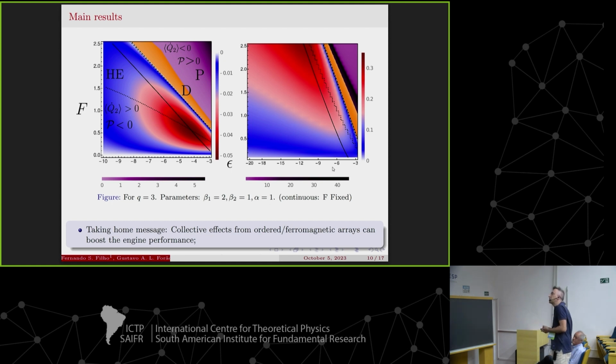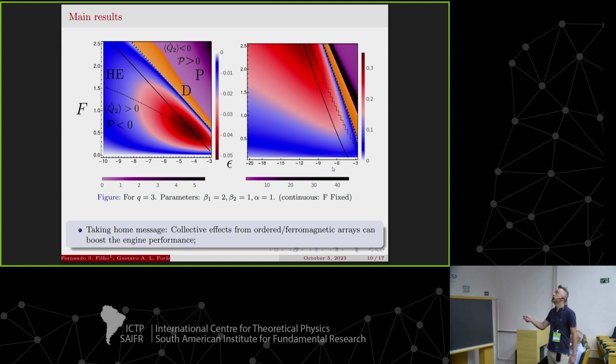As the interaction decreases, there is a crossover here, and the system operates as a pump. In this region, for example, all units operate independently from each other. Here, collective effects are important. Here, collective effects are not important. They operate independently, but in some cases, collective effects can also induce the system to operate as a pump. Okay, this is the heat map for Q equals 3 in the